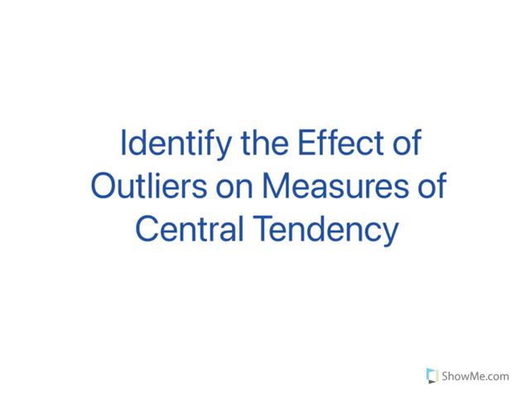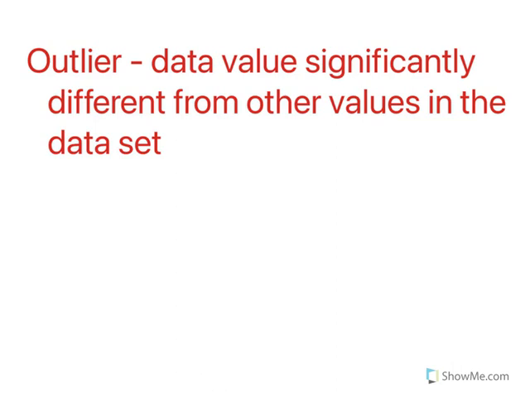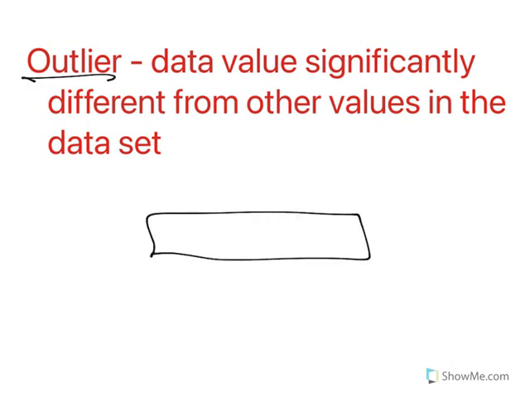Identify the effect of outliers on measures of central tendency. So an outlier, let's start with the definition. An outlier is a data value significantly different from other values in the data set. So we have our basic set of data, and then you either have something really small